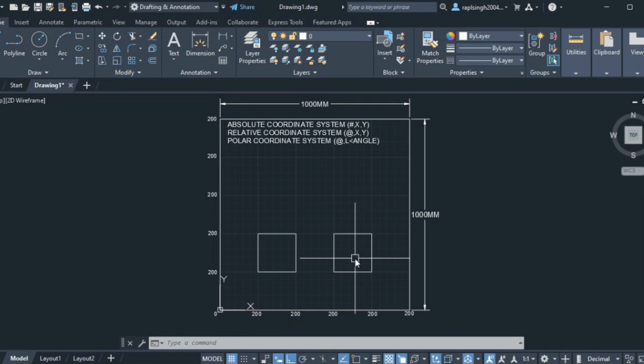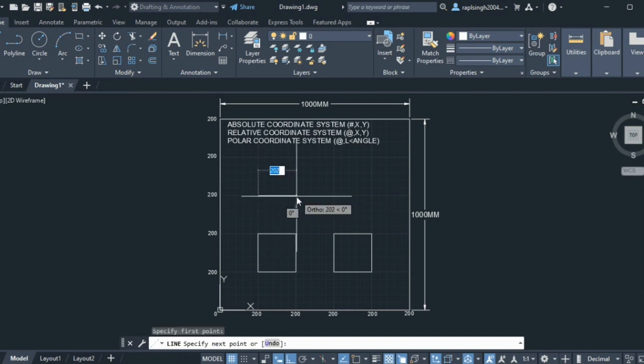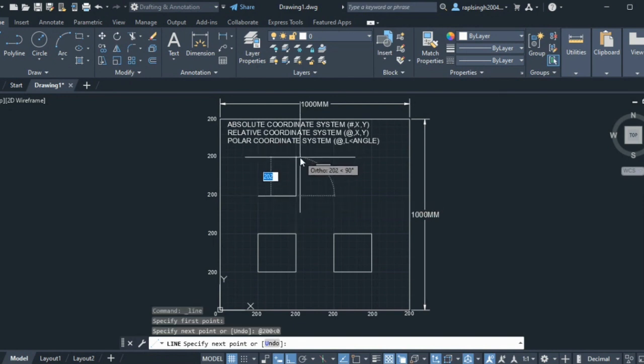Similarly, you can draw the rectangle with the help of the polar coordinate system. Now let us again draw the rectangle with the help of the polar coordinate system. Take any point in your working area. This is the point I am taking here. Now @200<0, and again @200<90,